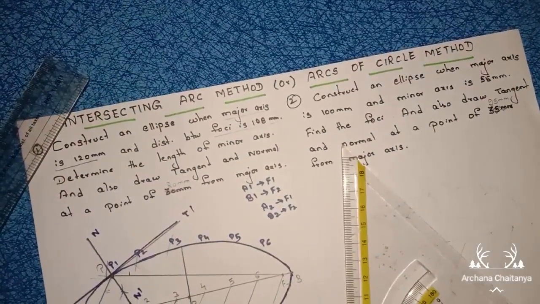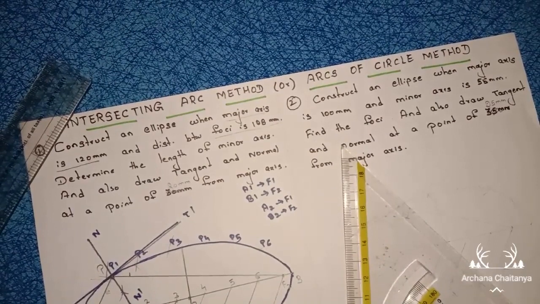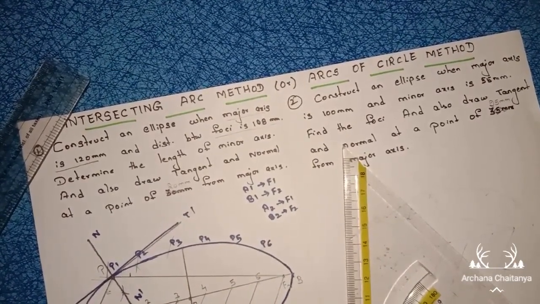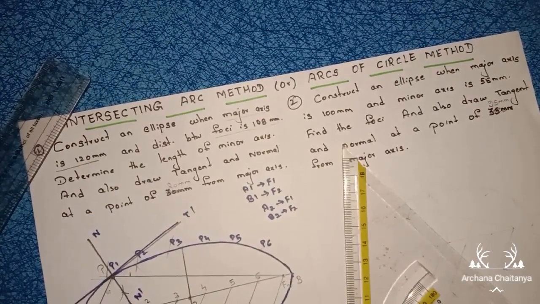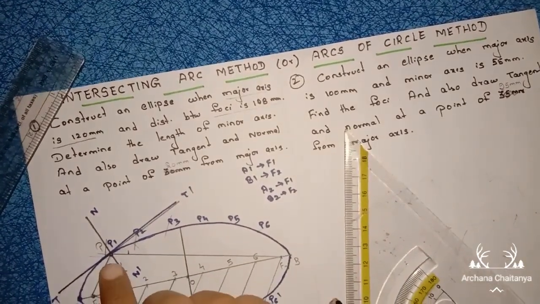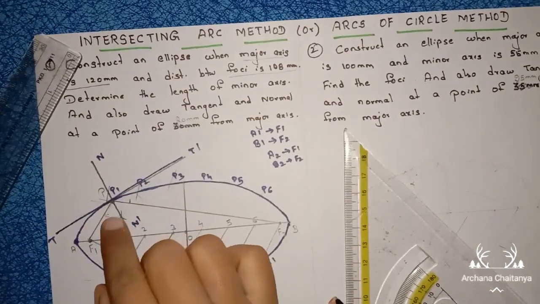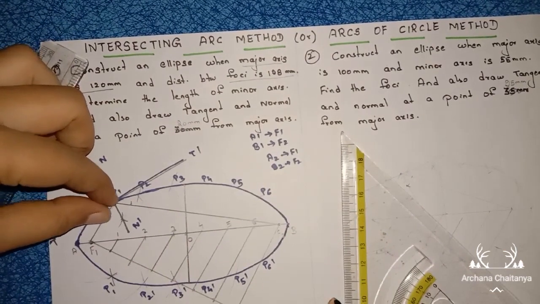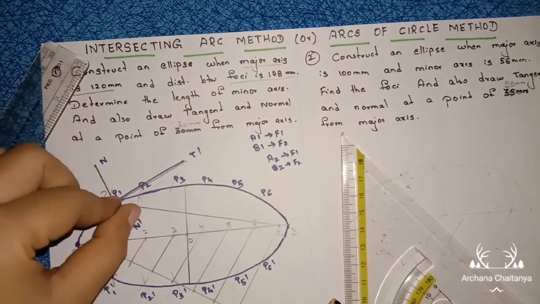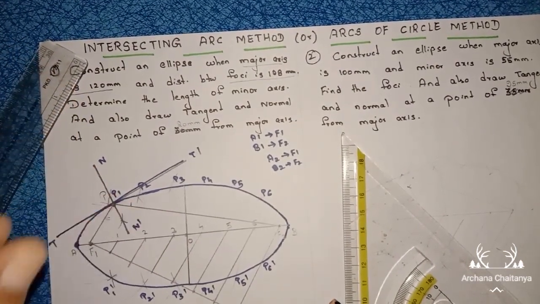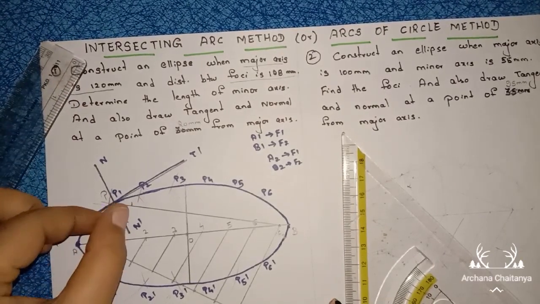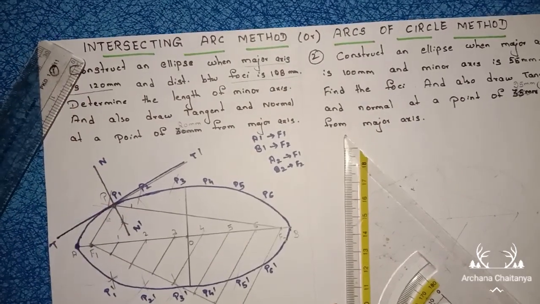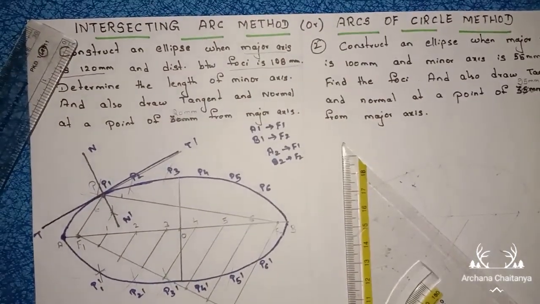So this tangent and normal depend on the angular bisector, right? In geometrical constructions, we already know how to bisect an angle. How to bisect an angle? We have to take less than half with your compass. Keep your compass here. Draw an arc with the same radius. Draw here also, right? With the same radius, again keep your compass here. Draw an arc in the middle. Keep your compass here. Cut that arc. Right, so this is the solution to the problem.